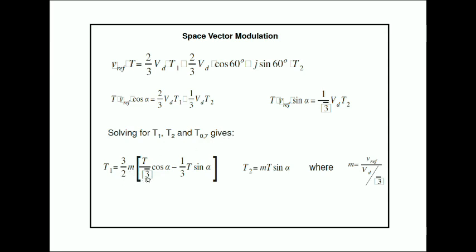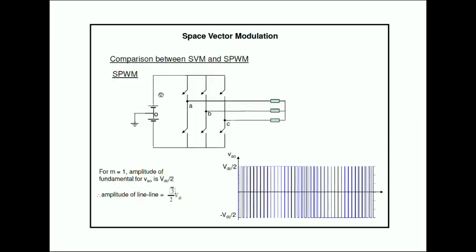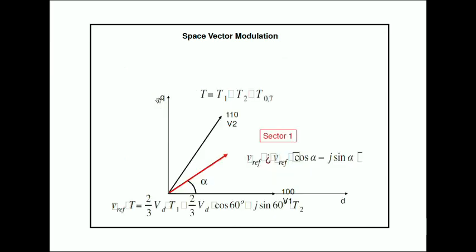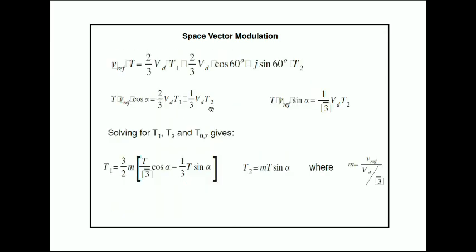it will give t1 is equal to 3 by 2 m into t by root 3 cos alpha minus 1 by 3 t sin alpha. Also t2 is equal to m t sin alpha, where our m is equal to v reference by vd divided by root 3. So this m is our modulating index here, so it is equal to v reference by vd into root 3. So this is our method of space vector modulation, and the mathematical formulation of our space vector modulation, and how you are getting that